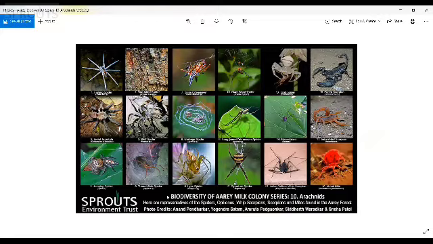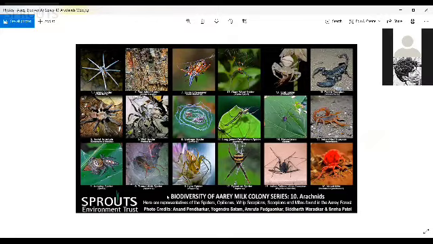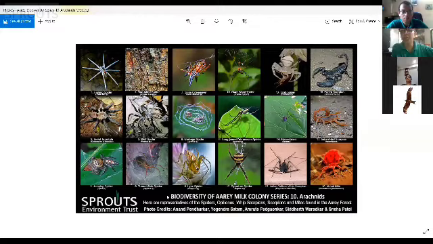But before that, I'm pleased to also inform you that 12 years ago, Sprouts started a venture called the Earth Mela on this very day, 22nd April at the Maharashtra Nature Park. We've done 11 Earth Melas till now, which are nature festivals. And Sprouts has just completed its 25th year on 4th of April 2020. So we have a short presentation about that.